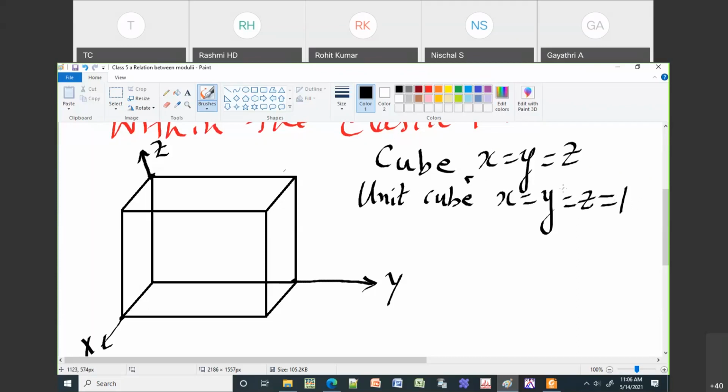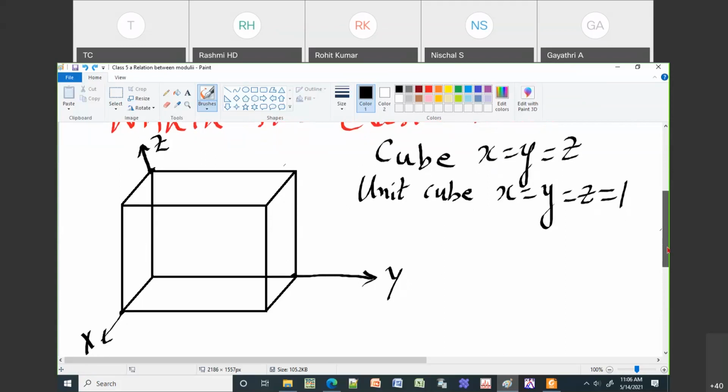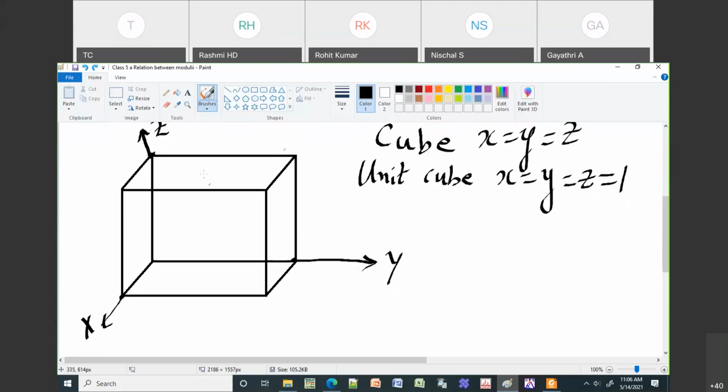Unit means all sides are equal to 1. So it can be 1 centimeter, 1 millimeter, or 1 nanometer, it doesn't matter. That is the meaning of a unit cube. This is a material like a stainless steel box or block, a complete solid block. Then we take this kind of material, and what we are going to do is apply